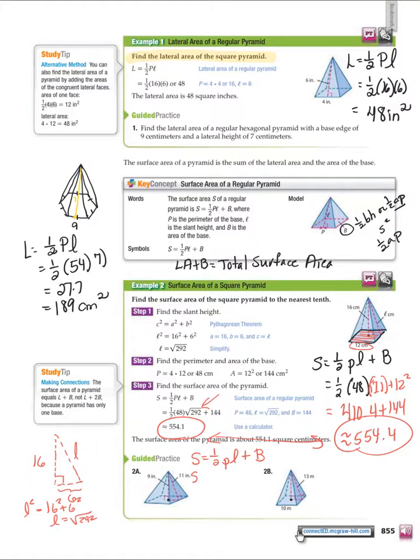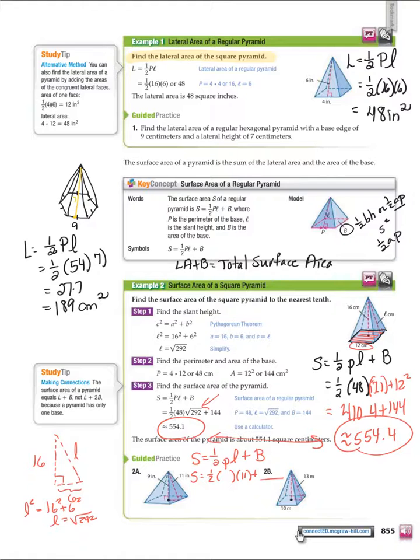Let's plug in what we have. We don't have the perimeter. We don't have the perimeter of our base, and we don't know anything about our base yet. We're going to be able to find it, but we don't have it yet. So that is something we're missing. And then our slant height is given to be 11, and I can't find the area of my base until I know something